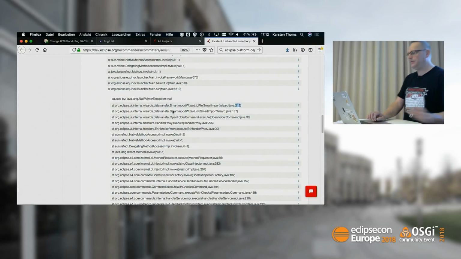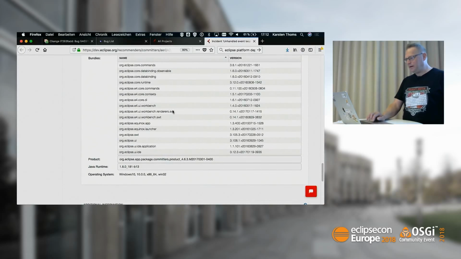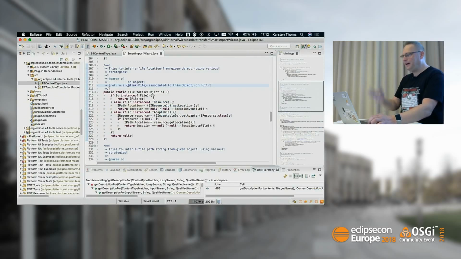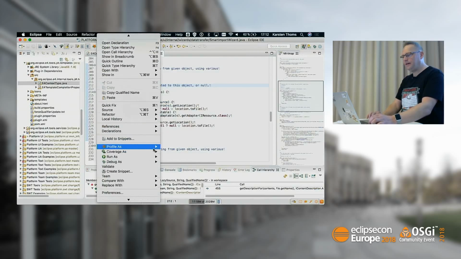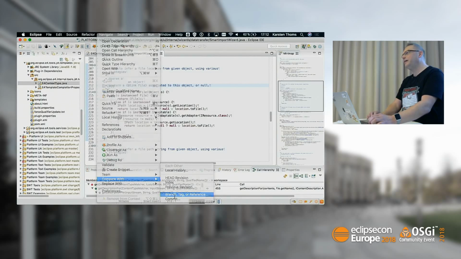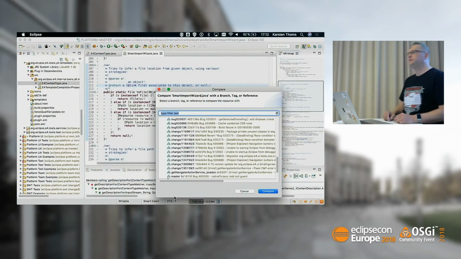What I do then is go a little bit lower, and then I see, oh, this happened here in product version 4.6.3. And of course, I have to know now the source in version 4.6.3. But thanks to EGit, that's quite easy. I take this class, and then I can say compare with branch, tag, or reference. And of course, the releases of Eclipse platform are tagged. The pattern is